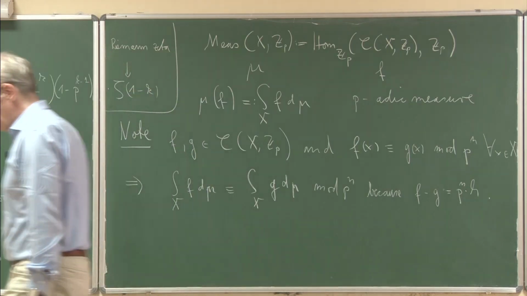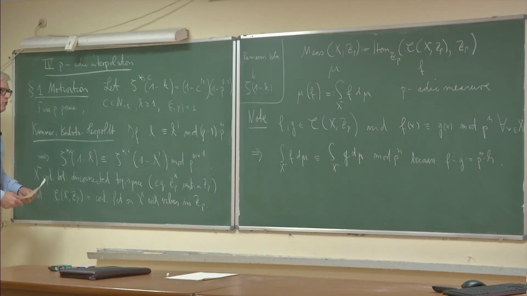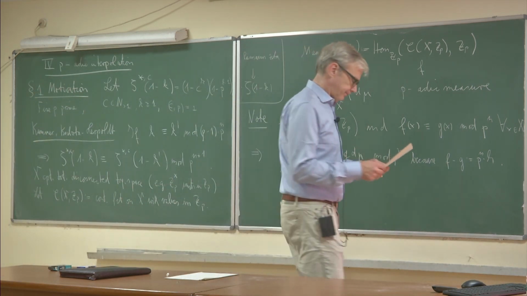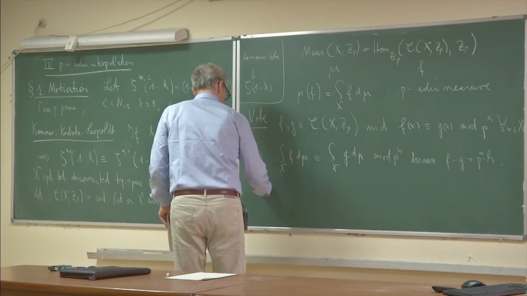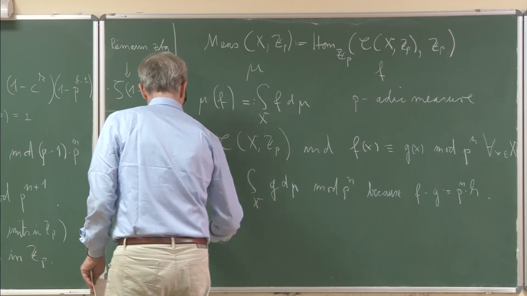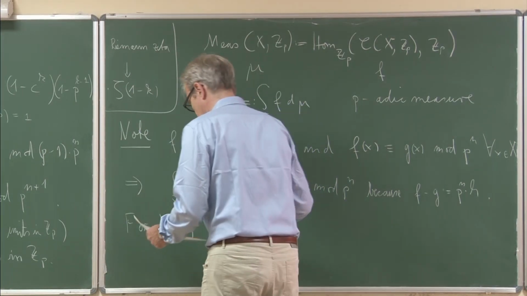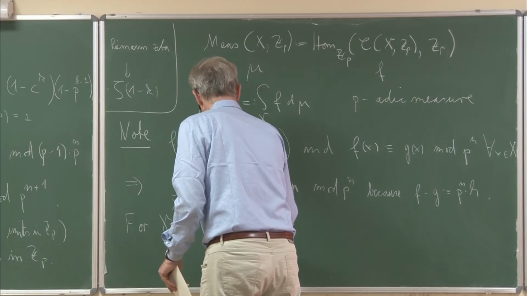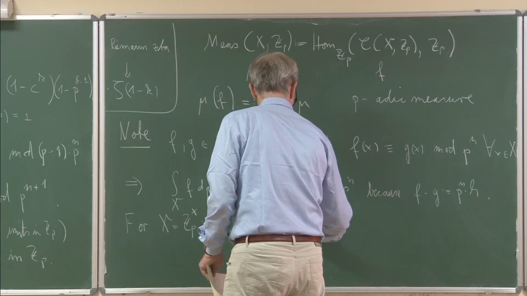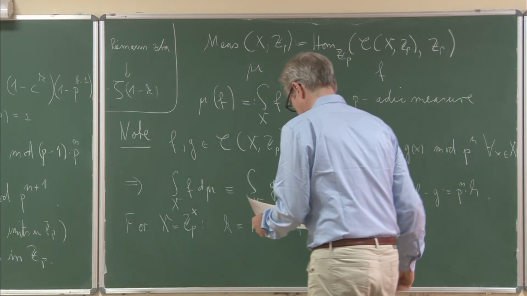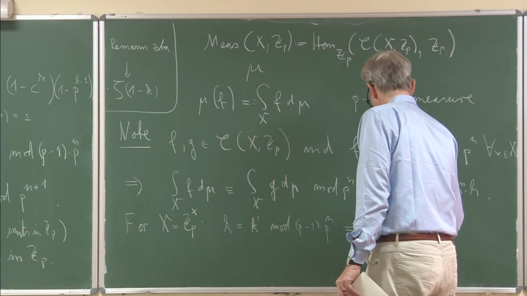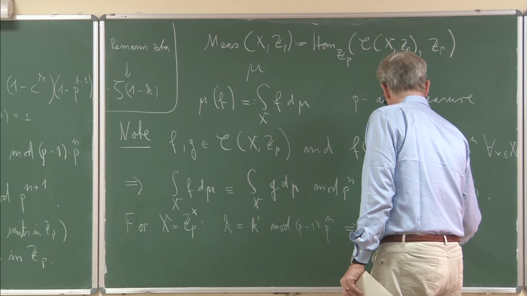So that's a clever way somehow to talk about all such congruences. And for now, in the special case where x is Zp star, these units, if k is congruent to k prime mod (p minus 1) times p to the n, then this implies that the functions x to the k are congruent to x to the k prime